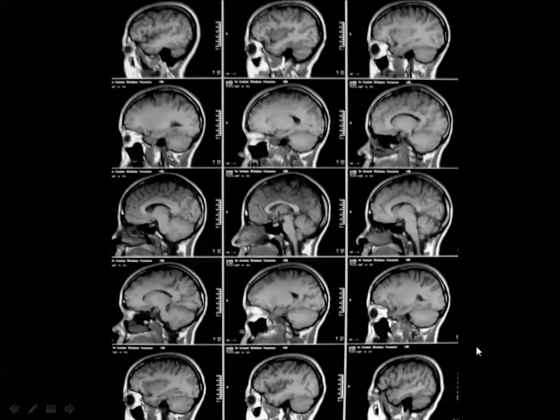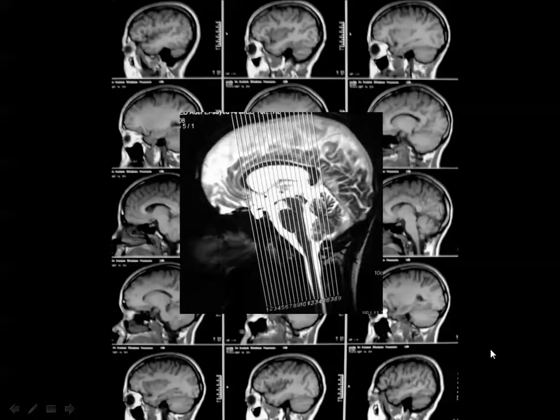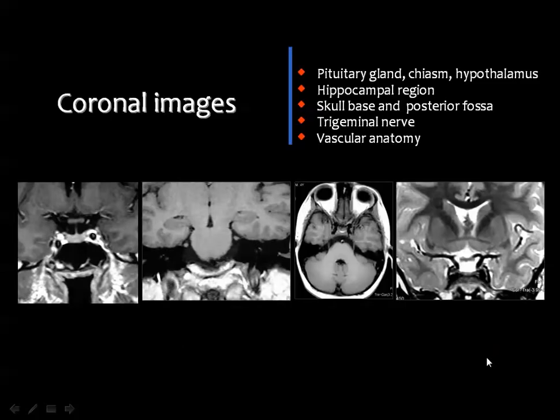But this is not the case in every patient, and you may have this midline image containing brain tissue, and you can, by reading the data on the image, know whether this image is relatively to the left or to the right side of the patient. Then the coronal images are not routine in the MRI examination of the brain. But the coronal images are valuable, especially in assessment of the pituitary lesions, as we will discuss in the lecture